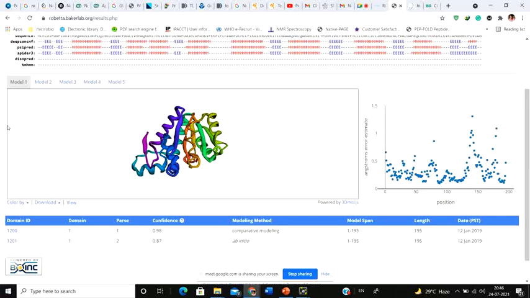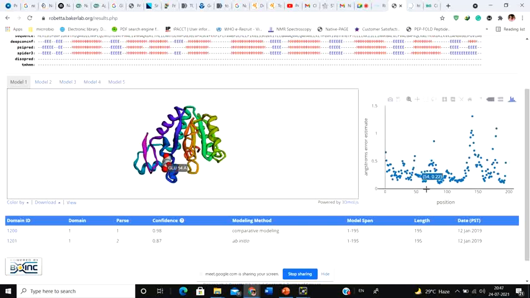Okay, so let's understand it. The first model, the methionine, has an error rate of 0.66. That is really low. So we can know that the positioning of this methionine is perfect. But what about this one? This is the 65th amino acid, aspartic acid. It has a rate of 0.13. So 0.13 means it is further lower. That means it is beautiful. It means it has accurately predicted the structure of aspartic acid, and the error associated with the positioning of this aspartic acid in this alpha helix is really low.